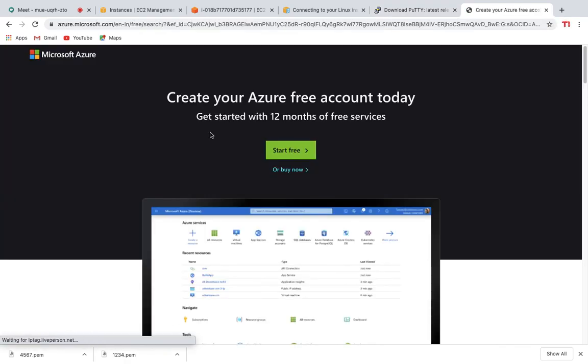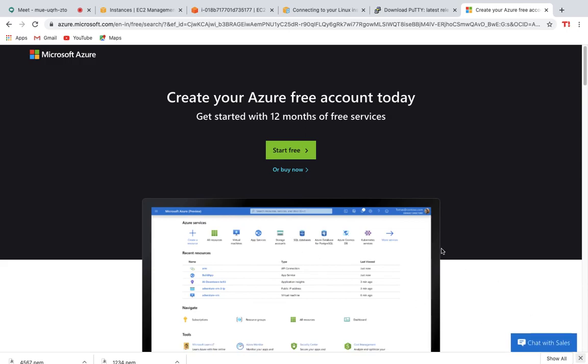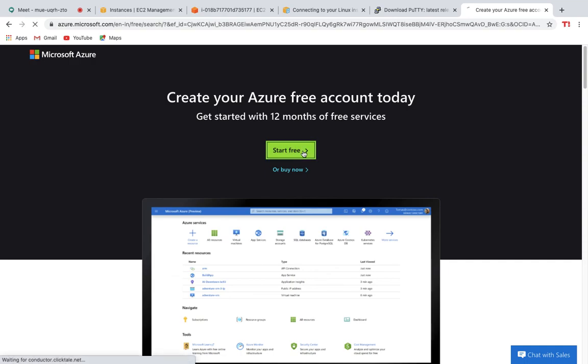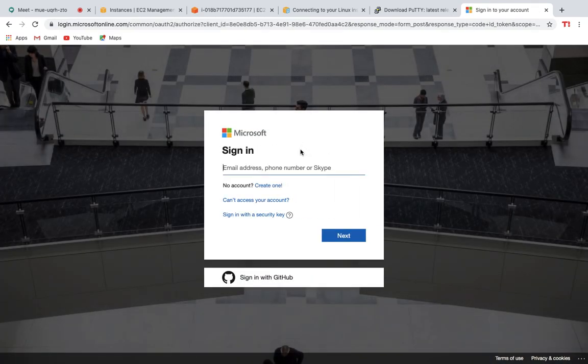And we can launch an instance here too with some very good steps. Let's move on. So guys, you can go and start your free tier. Let's click on start free. It also asks for your account details, and I don't have any ID for Azure, so I'll be creating it and we'll be working with it tomorrow.